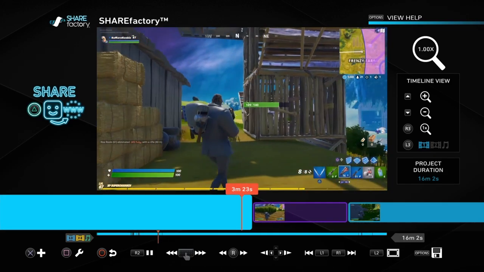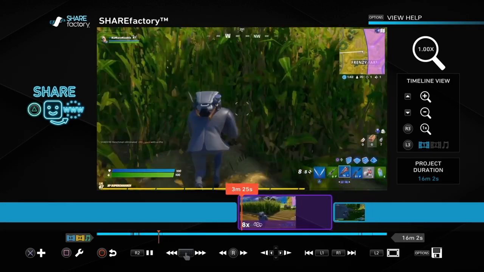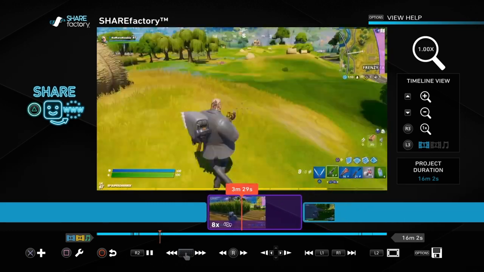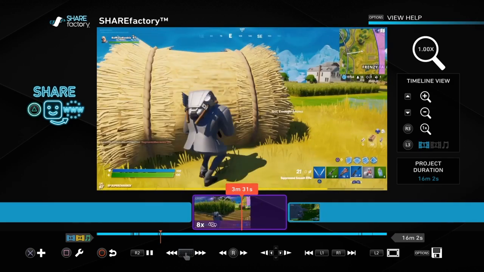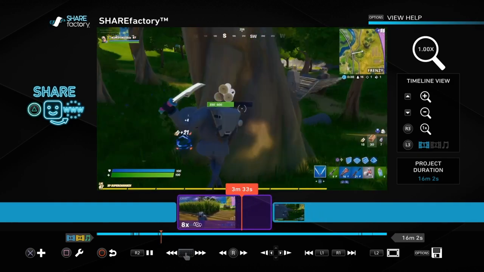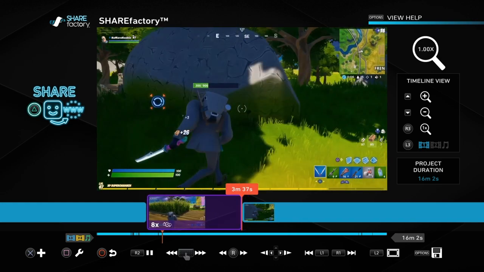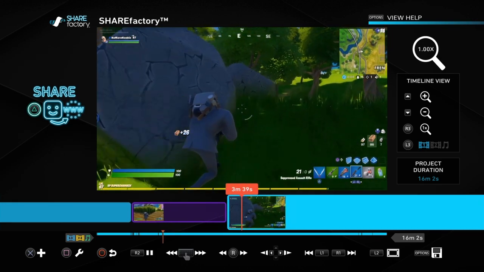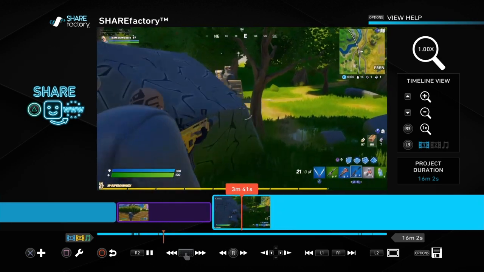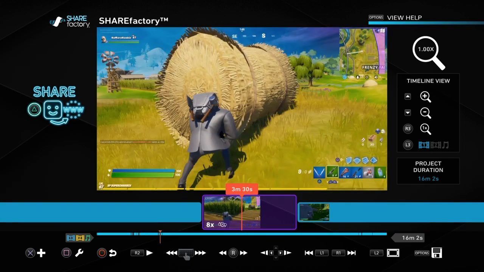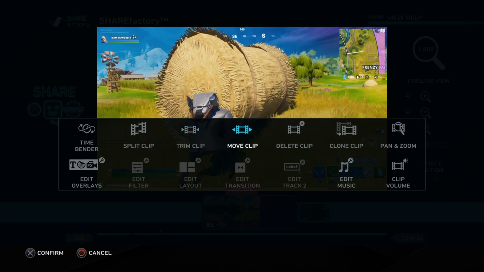Okay, now by doing that each time it's shortening the clip. So it means that people aren't going to be getting so bored, hopefully, when they're watching your video. We've gone from a 1 minute 40 seconds clip to this being a sort of 12 or 13 second clip. So you're making your videos shorter but more efficient, and you're not going to get people turning off, hopefully, because they're tired of watching you chop down